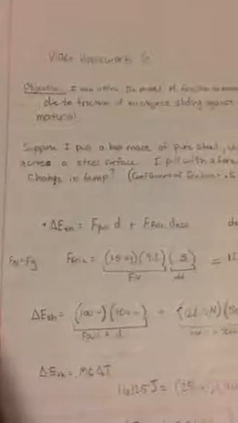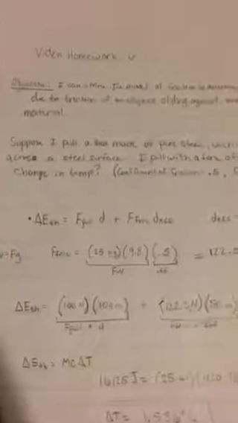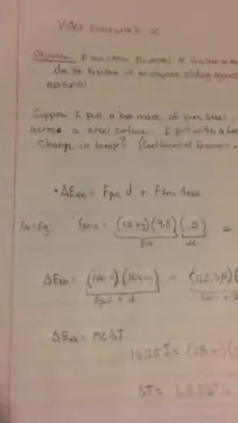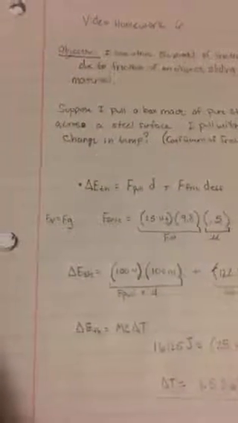This is Tyler Janet's video homework 6, Physics 221, objective stating that I can utilize the model of friction to determine the increase in temperature due to friction of an object sliding against another object of the same material. So the question I made to satisfy this objective says that suppose I pull a box made of pure steel